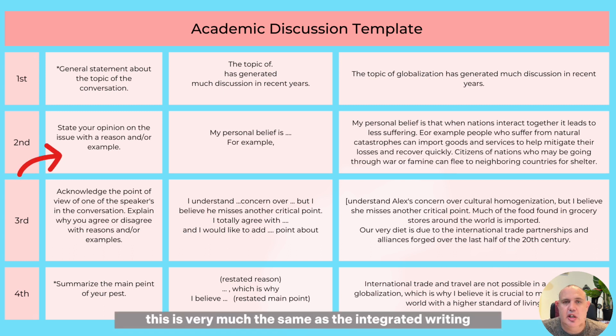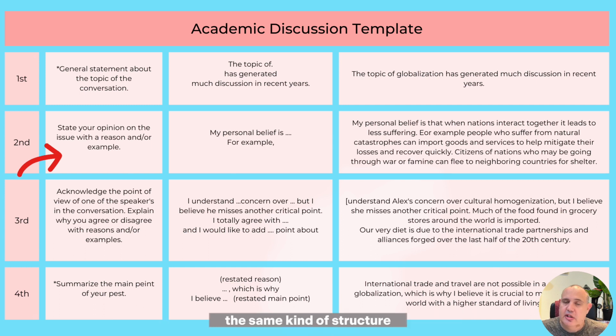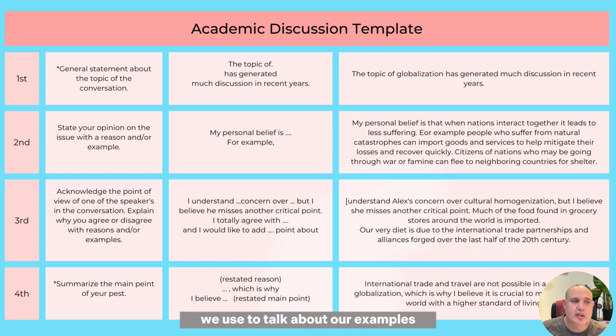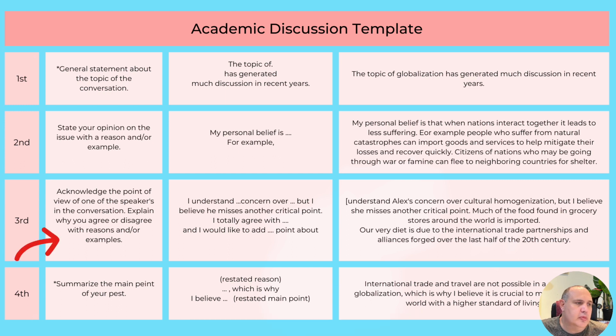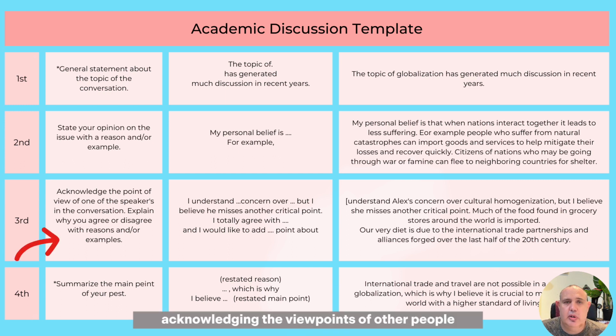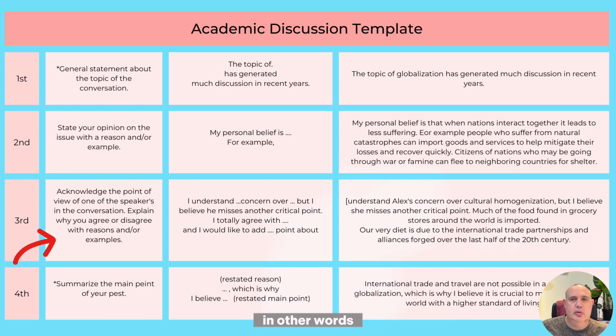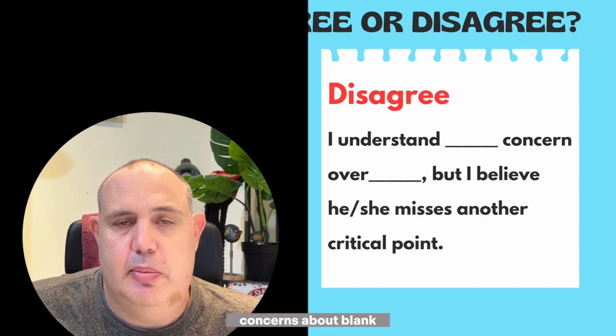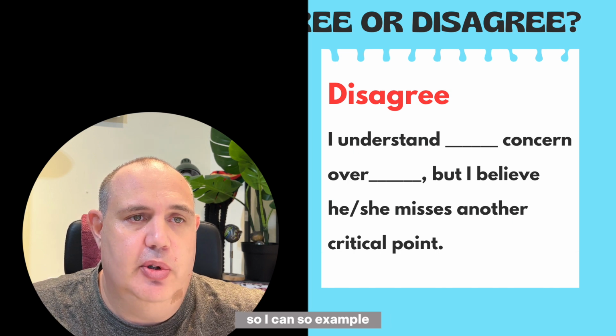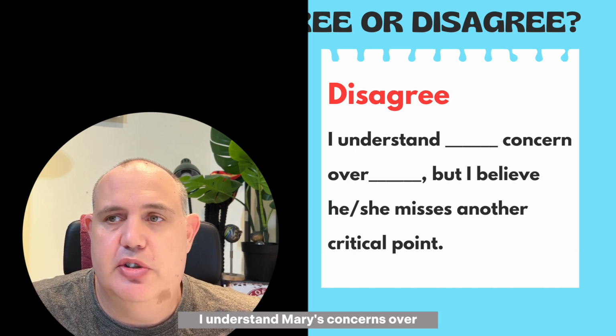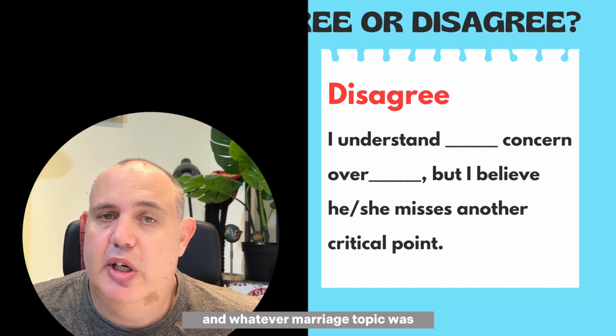This is very much the same as the integrated writing, the same kind of structure we use to talk about our examples. Then third, we are talking about acknowledging the viewpoints of other people, and saying how our viewpoint connects with them. In other words, do we agree or disagree? So we can say things like, I understand blank's concerns about blank. For example, I understand Mary's concerns over, and then whatever Mary's topic was,